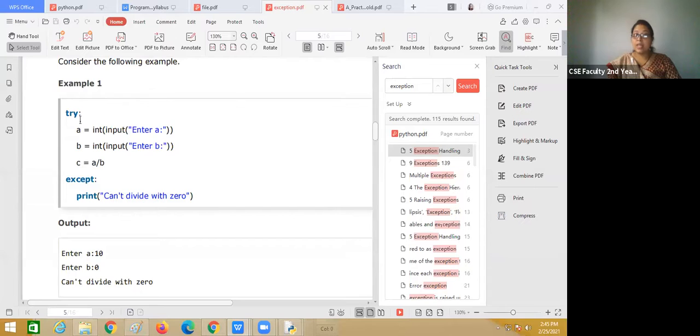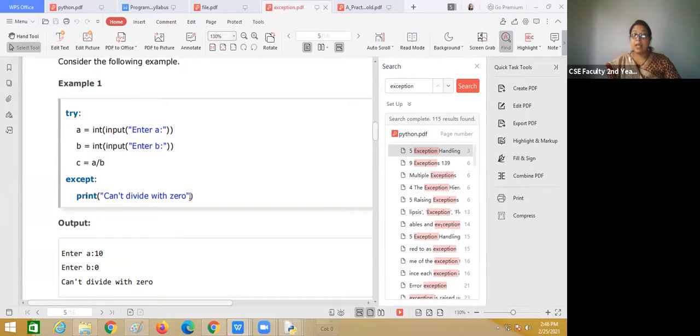You can see the indentation: try, colon, then enter, and inside the try all three lines have the same indentation. That means all this code is in the try block. And in the except you can print "can't divide with 0".